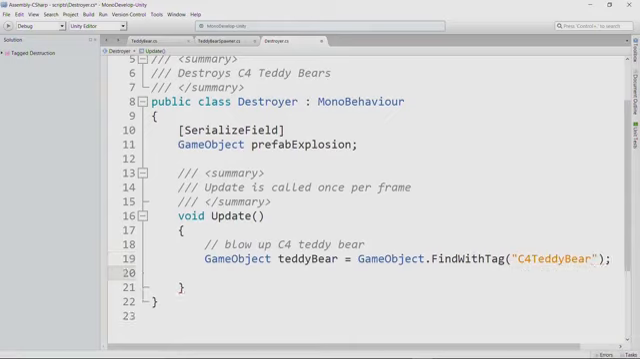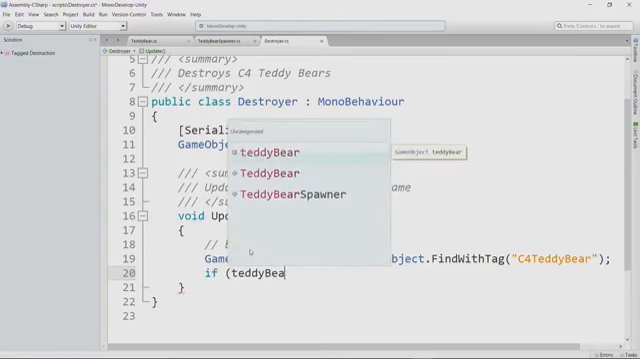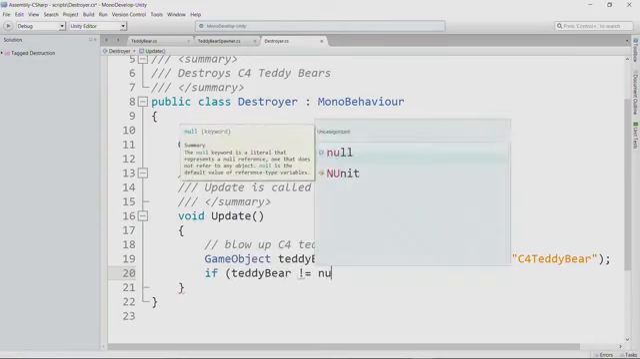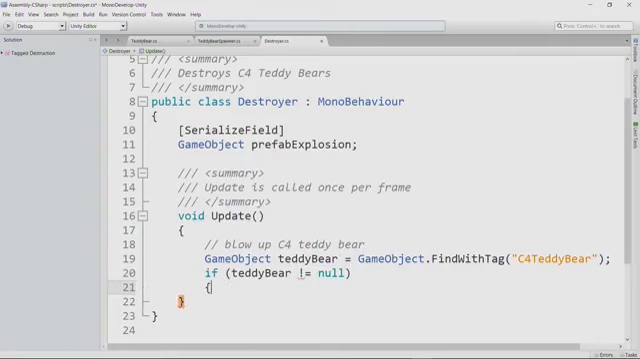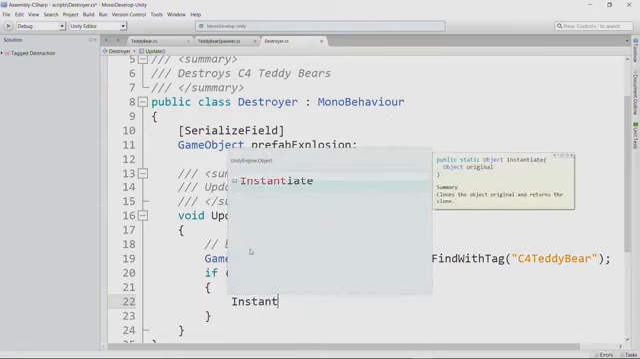And now we will blow up that teddy bear if we find one. So we have to check if teddy bear not equal null. Then we'll do two things. We'll instantiate an explosion at the location of the teddy bear, and then we will destroy the actual teddy bear object. So we'll instantiate